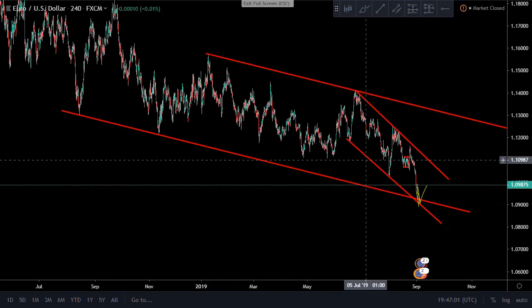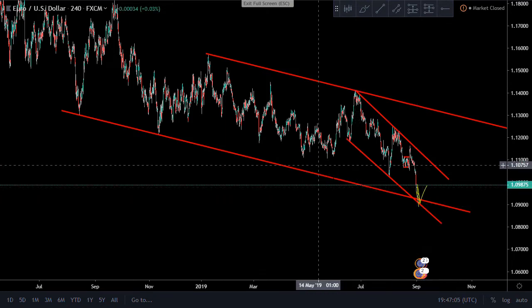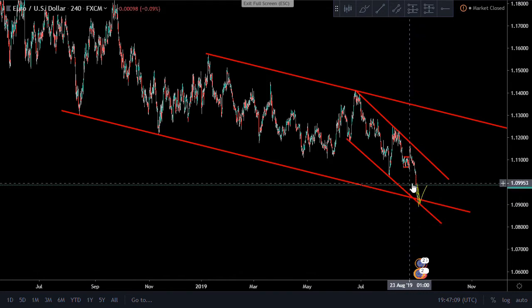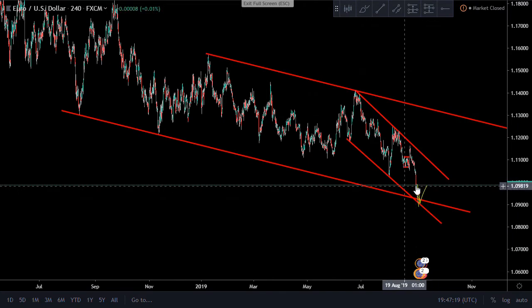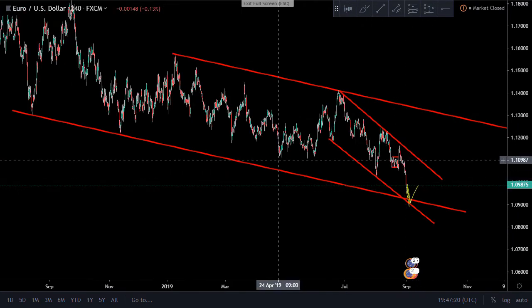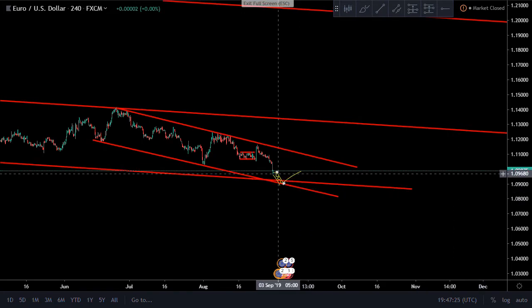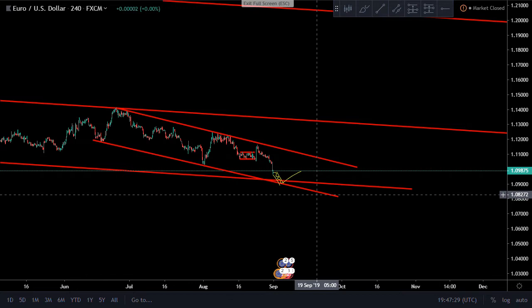EURUSD, we had this descending channel towards the resistance, so it didn't really complete to where we are supposed to enter. As you can see, price is around here, so around 1.09, somewhere there. So at the point where price is right now, what we are looking for is price to descend a bit to this area, then it can actually have either a confluence on this resistance and this resistance,